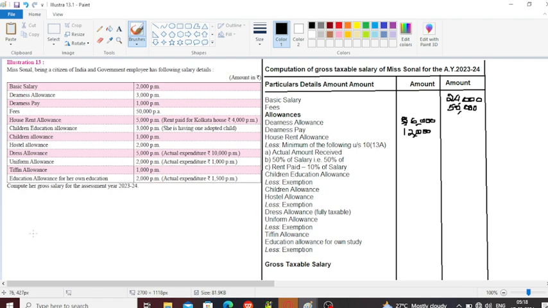Next one is house rent allowance. HRA received by Miss Sonal is 5,000 per month. If it is 5,000, it is 60,000 per annum. And house rent allowance has an exemption, that is whichever is the least of actual received, and second one is 40 or 50 percentage of salary,